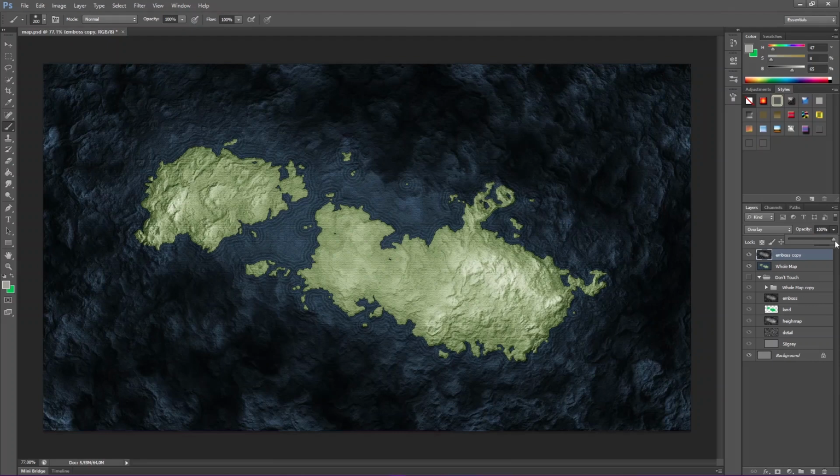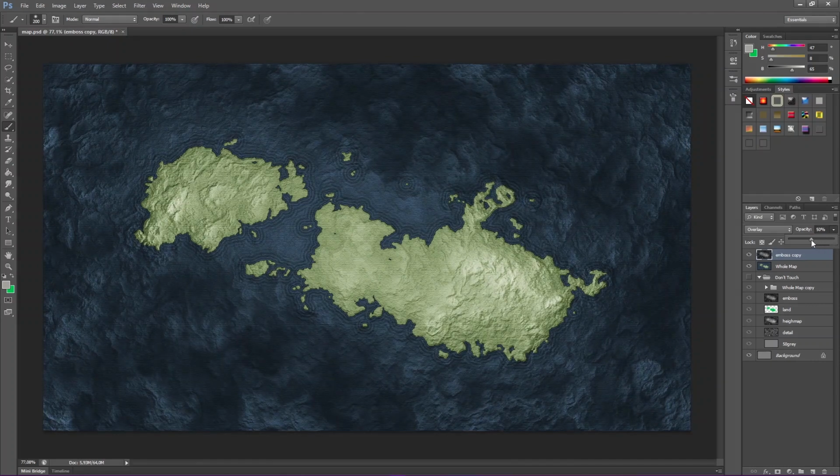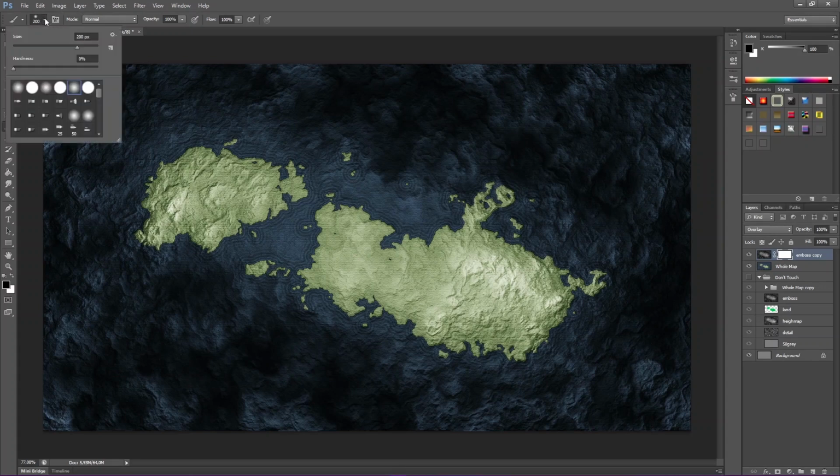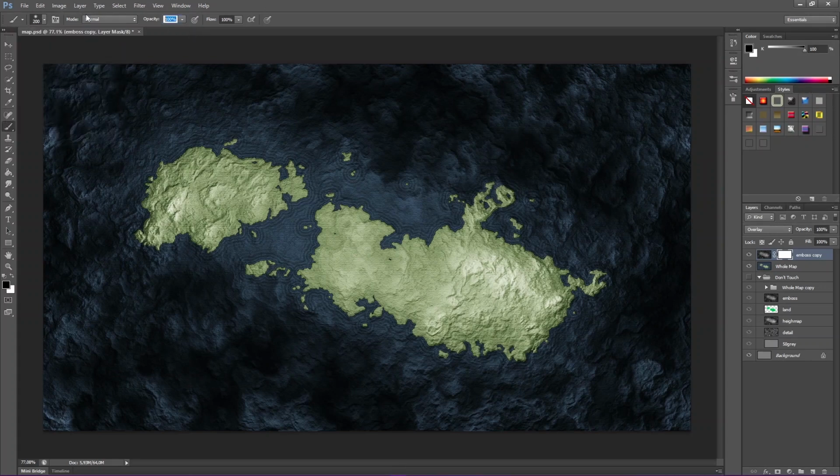Obviously to your taste, but another thing that you can do is, let's say you really like the darkness in the ocean here, you can take that emboss layer, put a mask on it, and gently paint with a very light brush around your islands to brighten them up a bit, so that your ocean still seems deep.